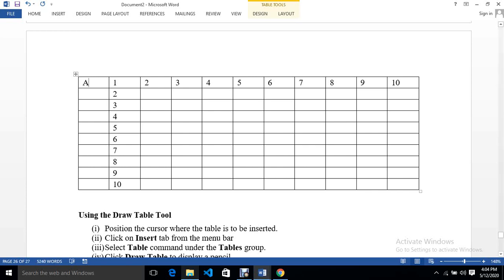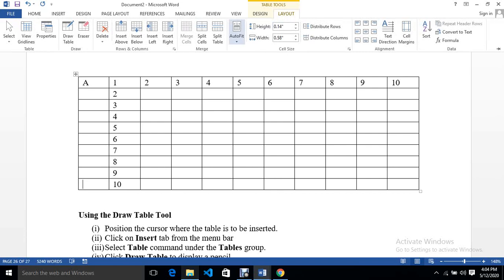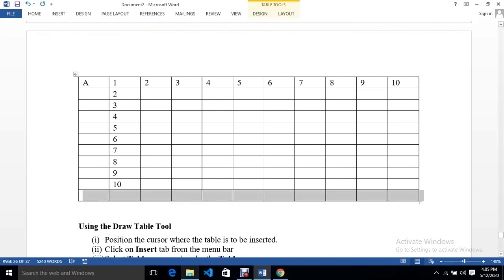I also want to insert a new row here under 10. We click on Layout, then we insert below. When you insert below, we have another row. Let us number it 11. Can I call it 11? No, we call it, for example, row 0. You see, we will remark that a table is created and one is able to add